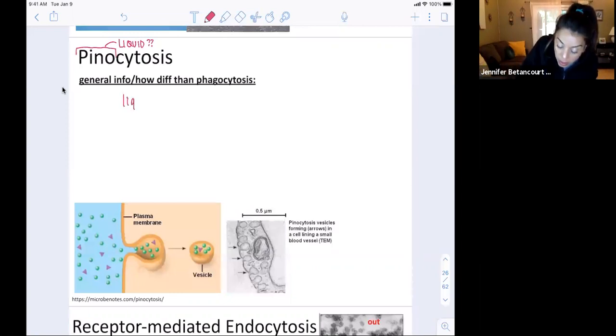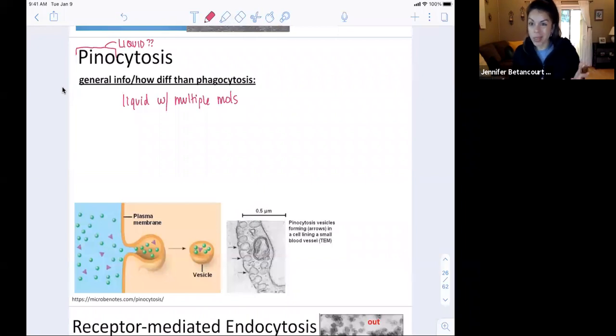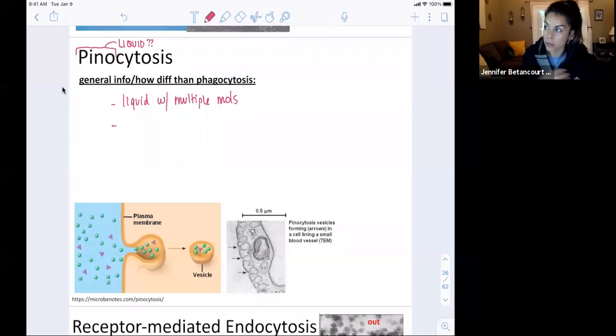So it's basically going to be some kind of liquid with maybe sometimes different molecules, but basically not just one glycine neurotransmitter, but like 100 copies of glycine neurotransmitter so that we can get lots, like do it fast. Give me a lot right at one time so I don't have to sit here and wait. And so this is the type of endocytosis that is going to be used by how blood kind of transports nutrients to different parts of our body. So this is how like intestinal cells